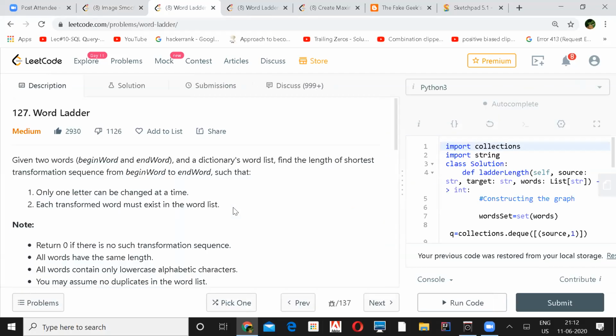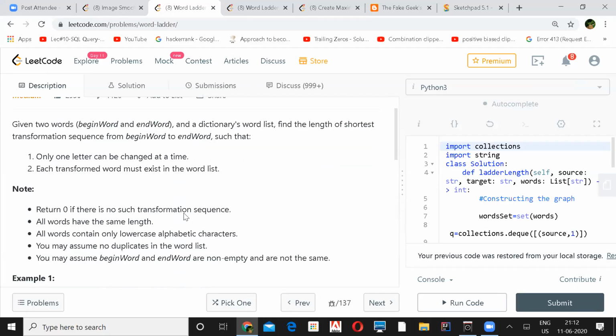So our next question is word ladder. We are given 2 words, a begin word and an end word, and a dictionary word list would be given. We need to find the length of the shortest transformation sequence from begin to end word, in which you are supposed to change only 1 letter at a time, and each transformed word must exist in the word list. Some of the notes are there.